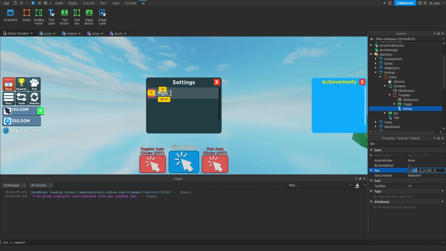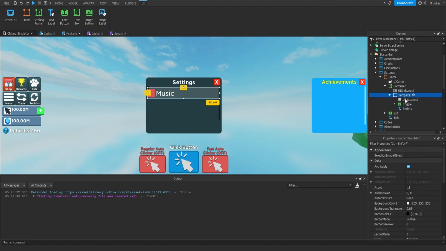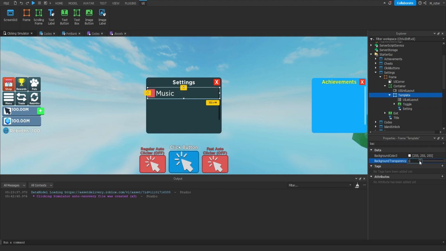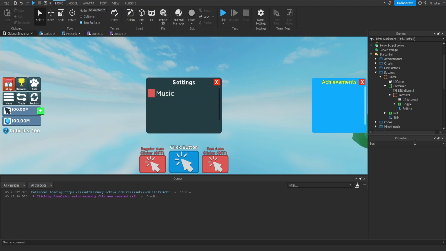Anyways, for the size of this text label, on the X scale, we're going to set that to 0.5, and on the Y scale, we're going to set that to 0.85. Now that we've done that, what we're then going to do is set the text X alignment to left. In addition to that, we're going to go ahead and change the font, as we'll no longer be using bold. Now, I think I actually might want to make this text label just a little bit smaller, so I think that sizing is pretty good. And now that we've done all of that, what we're then going to do is go ahead and update the background transparency of our template, because we're actually done with creating this.